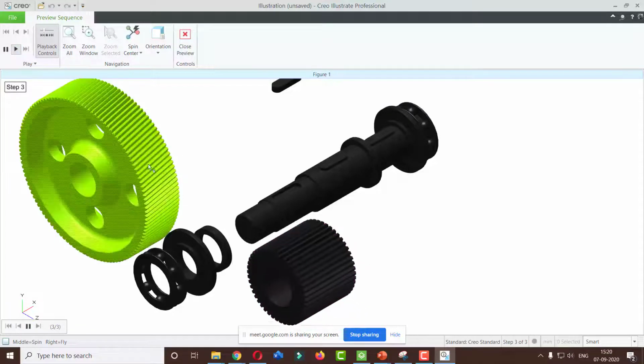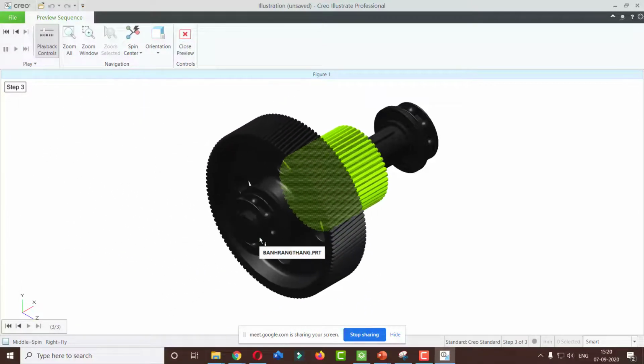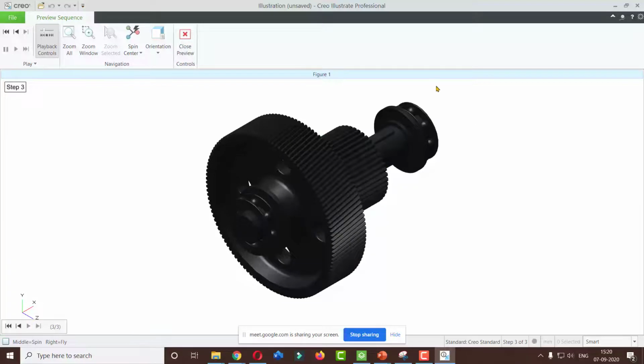Okay, so whatever flash, fade out and fade in we have used has also been performed. In such a way you can create any type of animation you want for your augmented reality purpose. All these things are being created in Creo Illustrator.